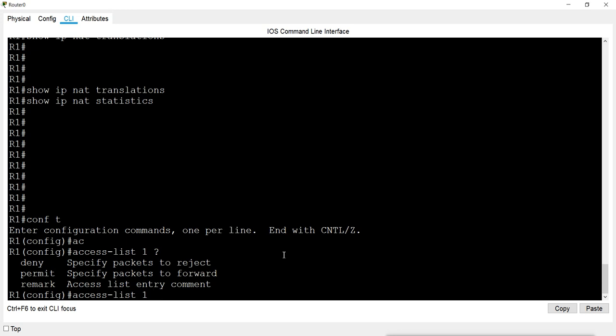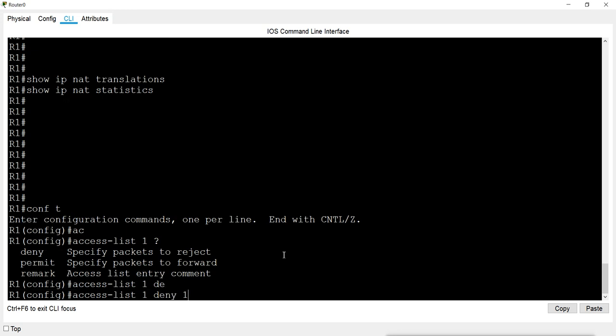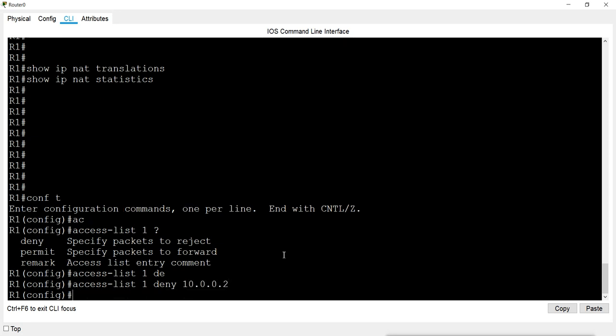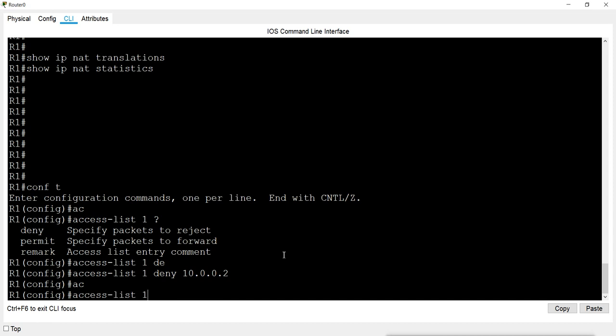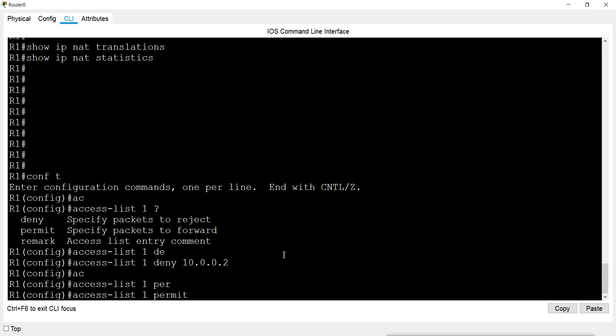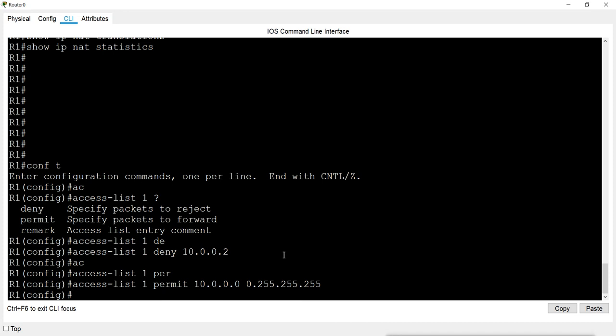So I will give deny 10.0.0.2, and the rest of the IPs I will allow, so permit the whole network of 10 with this wildcard. So I created the list, and in that list I have only denied this one, and I have allowed the whole rest of the network.